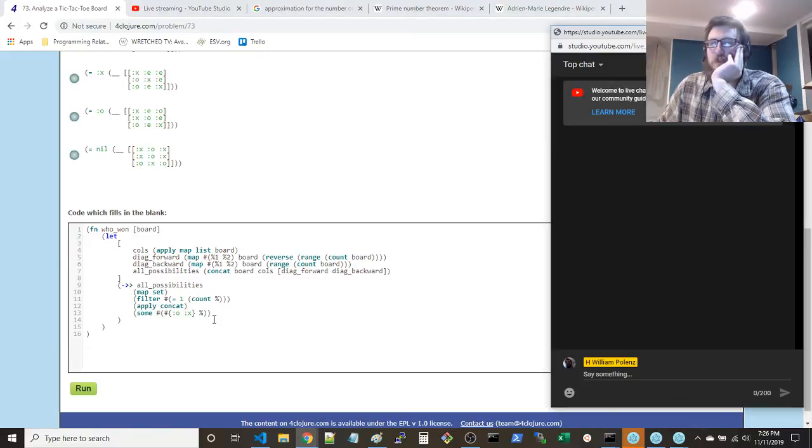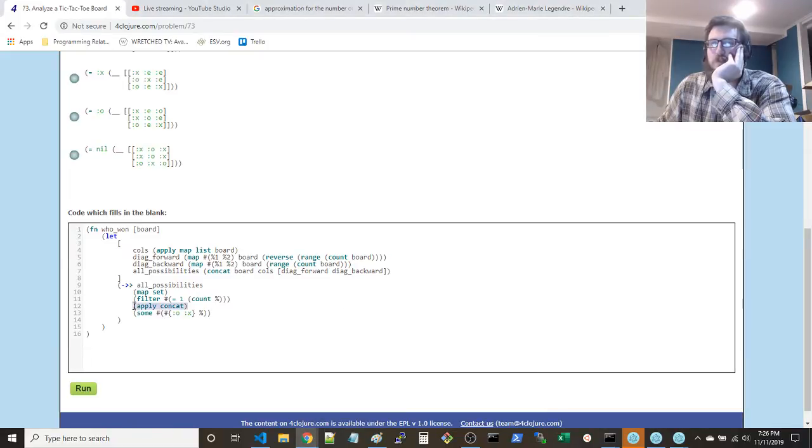What'll happen then is, so now we got all these different sets of size 1. We concatenate, we pull all those keywords out into just one giant sequence of all of the values that we found were sort of quote unquote winning possibilities,